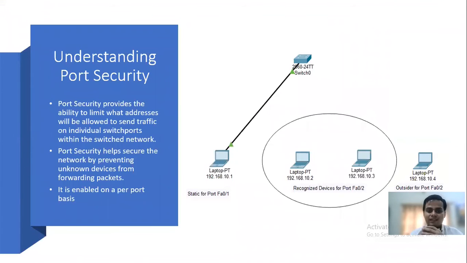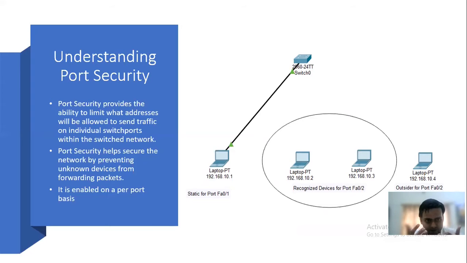Now coming to the next thing, which is port security. Now we understood the concept of LAN, we understood the concept of VLAN. Now the next thing that is of prevalent importance in this concept of switch security is specific port security. Now what does this mean? We know that a switch can have multiple ports. Now what we want is a method using which we want a particular port